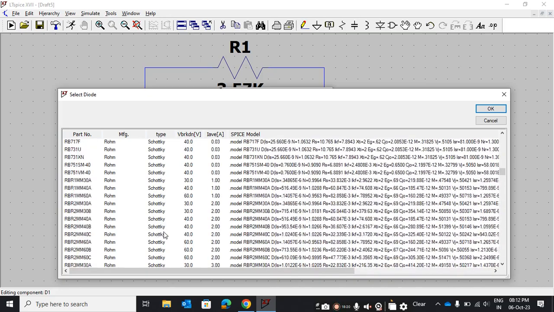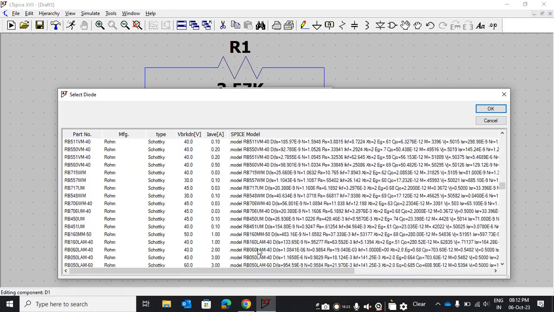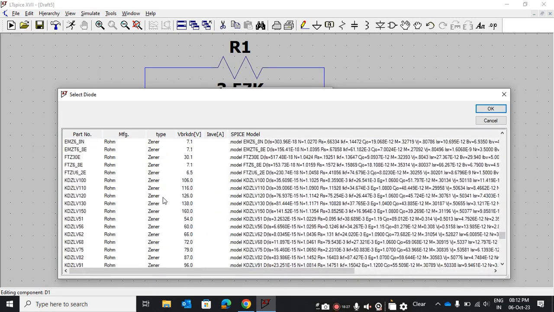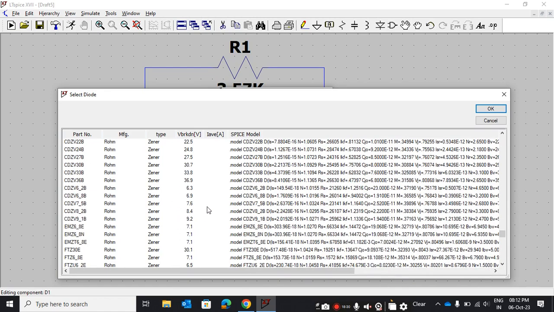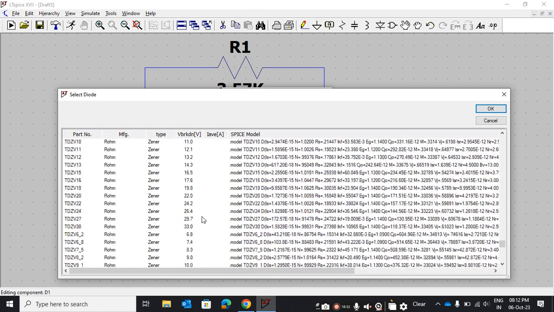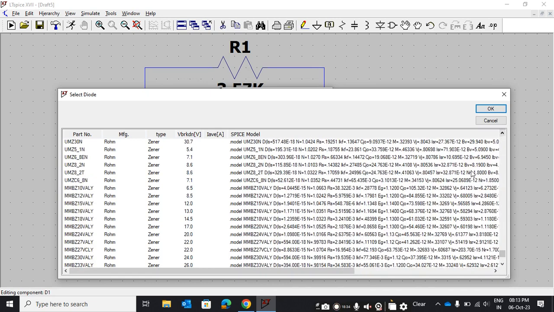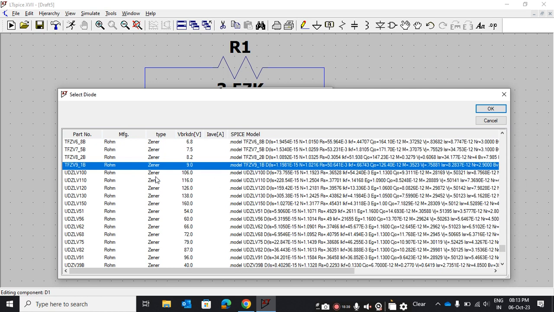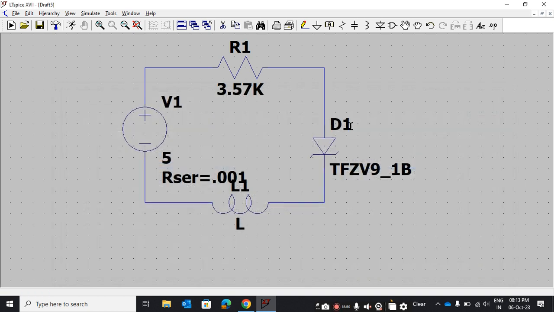You can select different value Zener diodes also. So I select a 9 volt Zener diode. It shows the part number also in the design, and this is its breakdown voltage, and the manufacturer is ROM. So okay here, and it will show the Zener diode and part number.